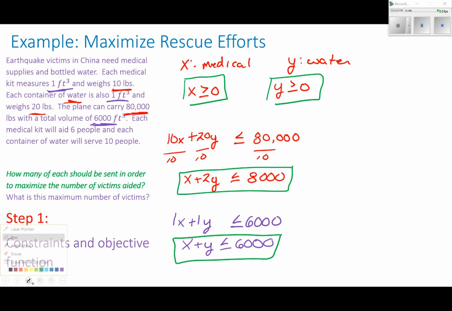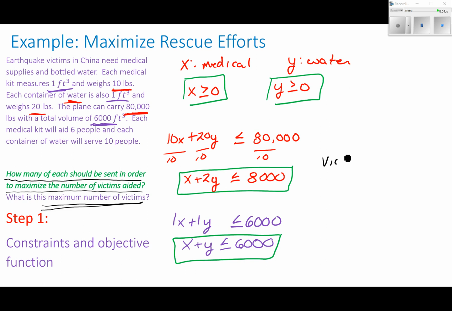Also, I want to figure out what the objective function is. So the objective function comes from here. How many of each to be set in order to maximize the number of victims aided? And then what is this maximum number of victims that we're working with? So I could say victims served